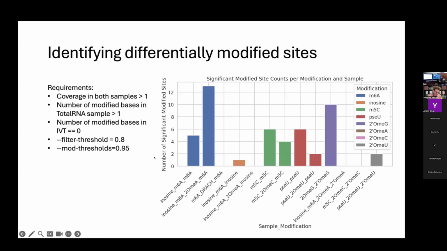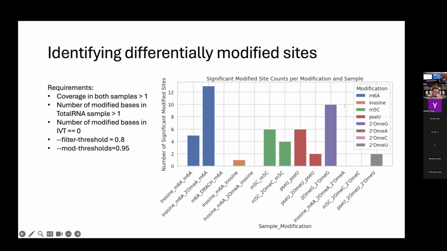And then I also lastly required that none of the reads had a modification in the IVT sample or negative control, which sounds a little stringent, but the coverage was pretty low in the sample. So it usually only had 1 or 2 molecules covering a site to begin with. And then on the right, you can see the number of sites for each modification that passed these thresholds. So there were a handful of M6A sites in blue on the left that passed these criteria. There were also a few